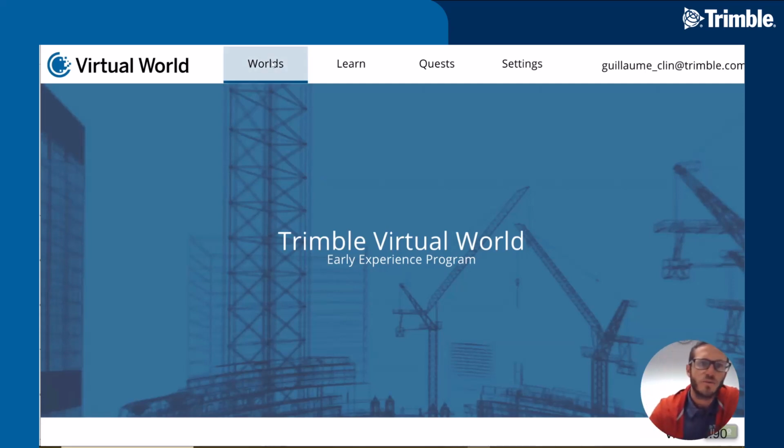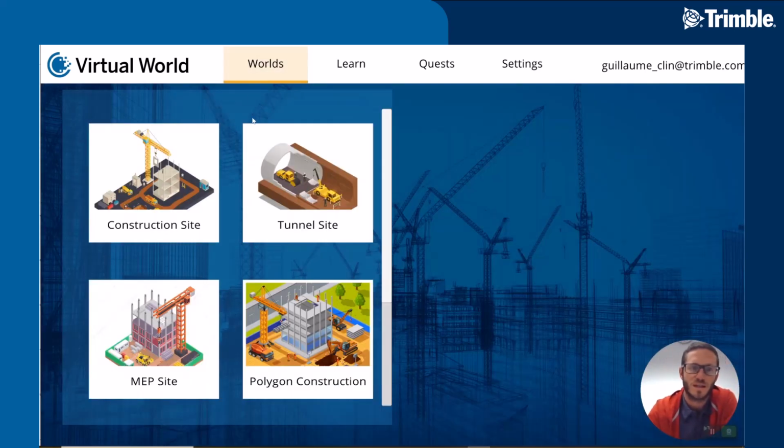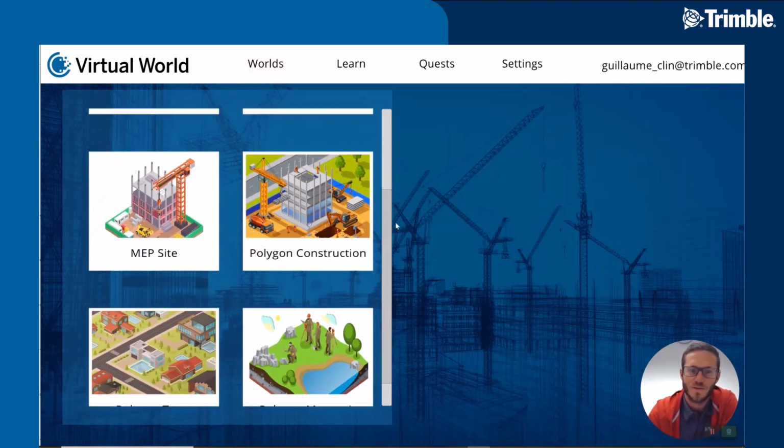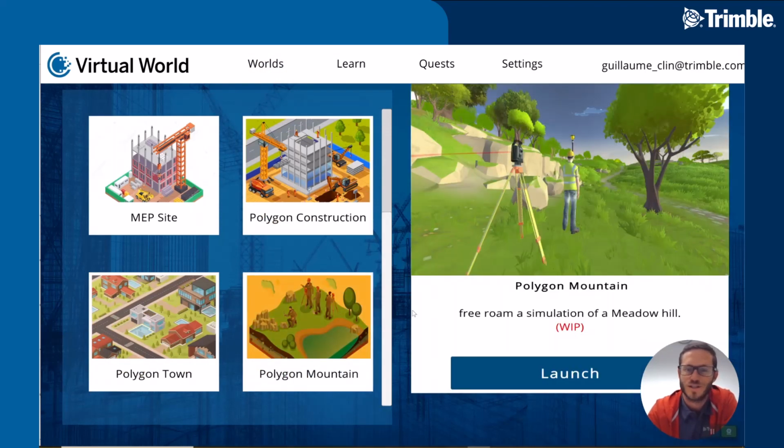Some other announcements. So in the world, you will see we have reorganized the different scenes a little bit, and the big news is that a new scene is available in this version. And we call it the mountain scene. It's more like a hilly side